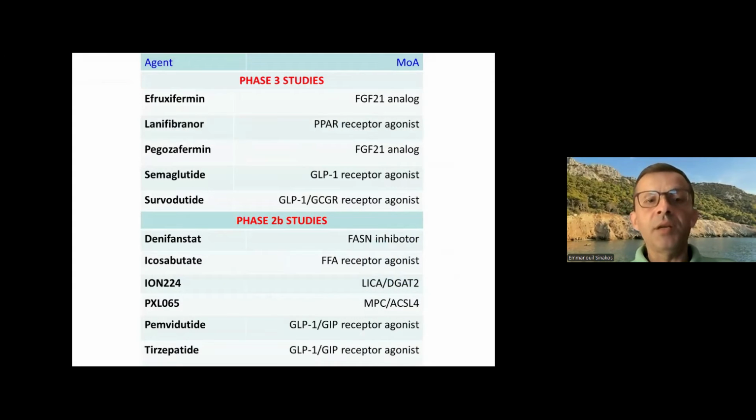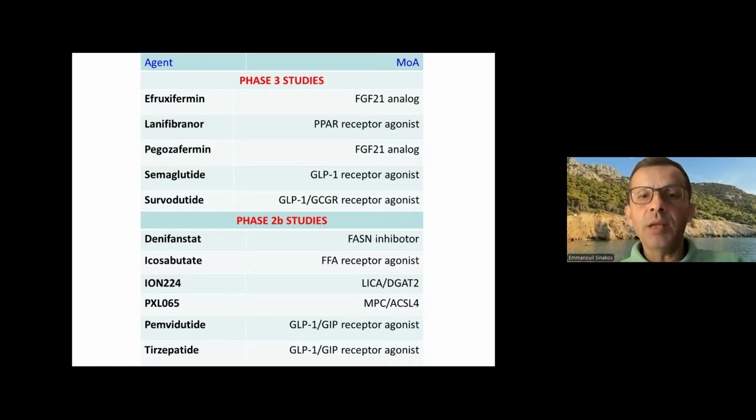But we are here to discuss about semaglutide, which, as you can see in this slide, is currently at a phase 3 study, not by itself. There are many drugs in phase 3 studies and in phase 2b studies as well. But semaglutide has, as I said in the beginning of my talk, robust data already. And I think that this fall, we will have some announcements in the American Association for the Study of Liver Diseases Congress in the US this November that will probably or hopefully give some hope for semaglutide.